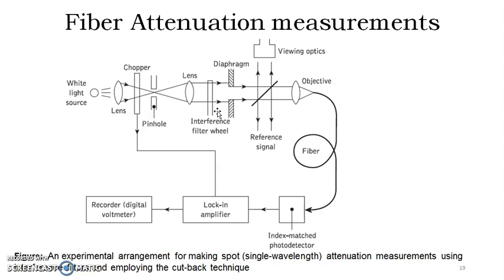That is the only difference in this diagram, in the measurement of a spot, and then we measure whatever output we are receiving at the end. So we can consider a fiber, and we can find out what is the power measured at this particular fiber end.